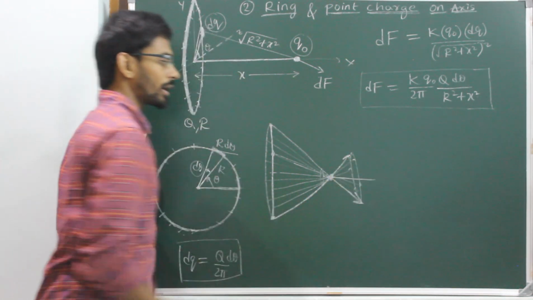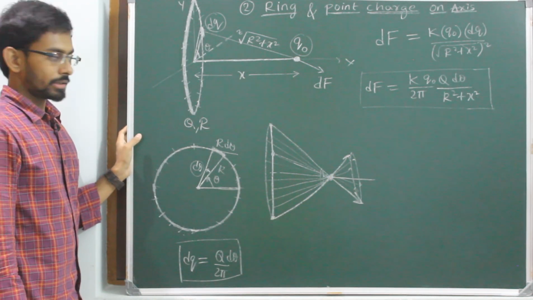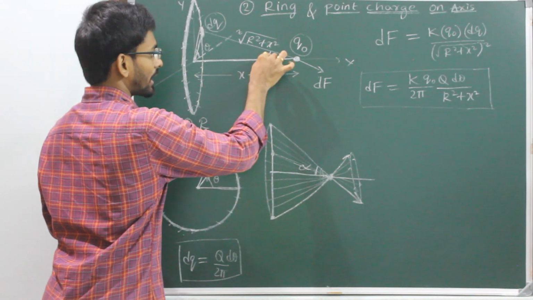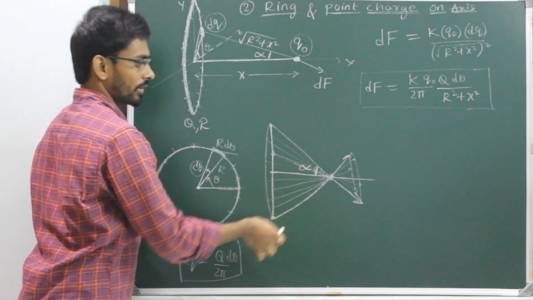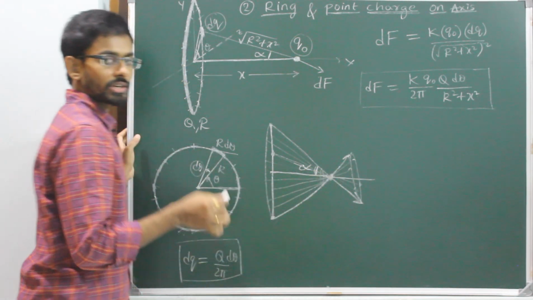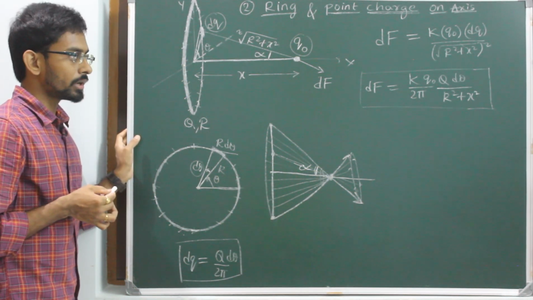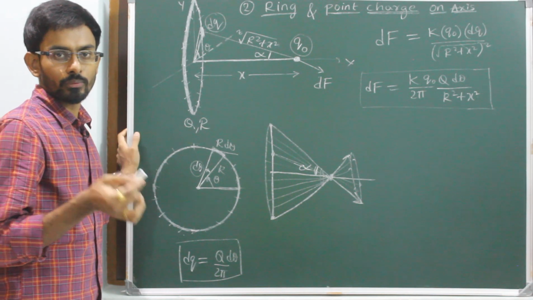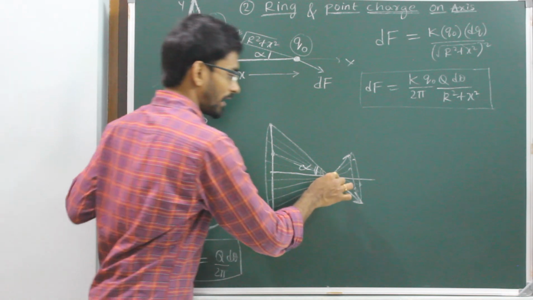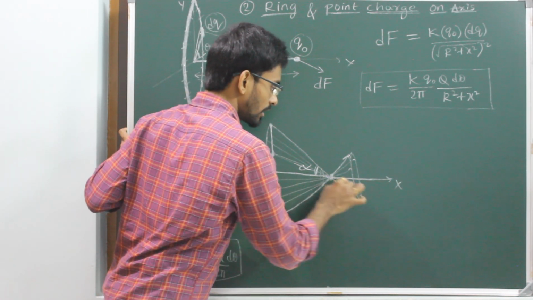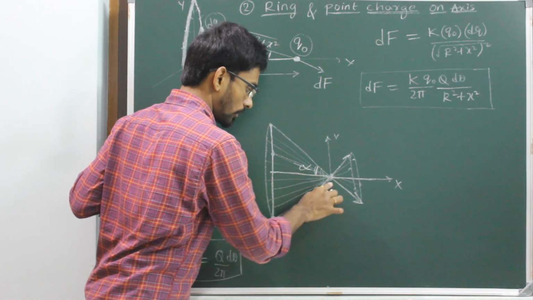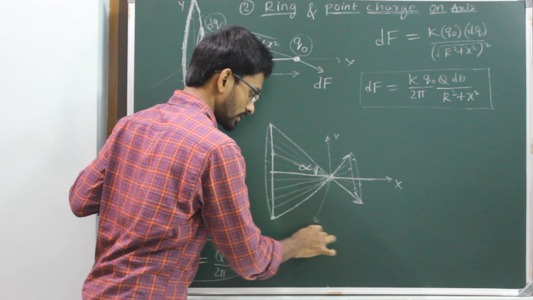So now we cannot add all these forces directly. This is making an angle: the cone is making half angle alpha. Let us say this angle is alpha. Now the direction of force dF is different for different elements. What do you have to do then? I told you while explaining the steps that we have to take components along the axes. We have different axes like this. This is the x-axis, this is the y-axis, and let us say this is the z-axis. So we have to take components along three axes.